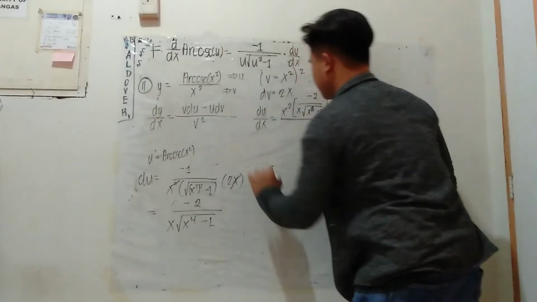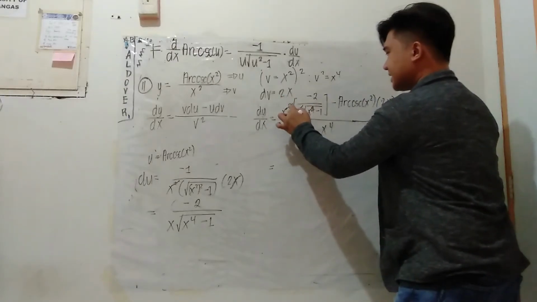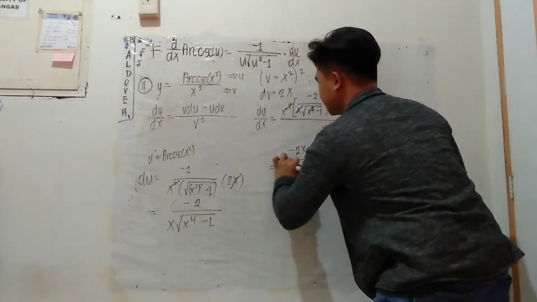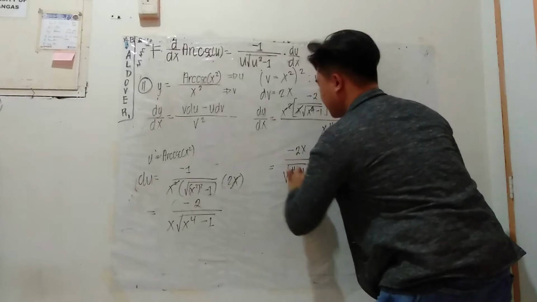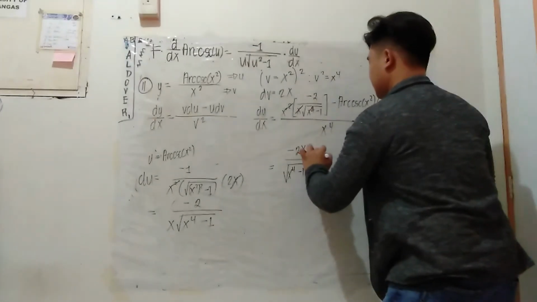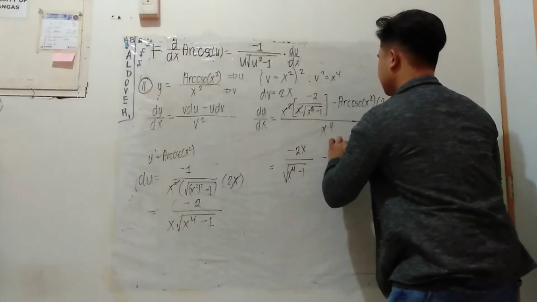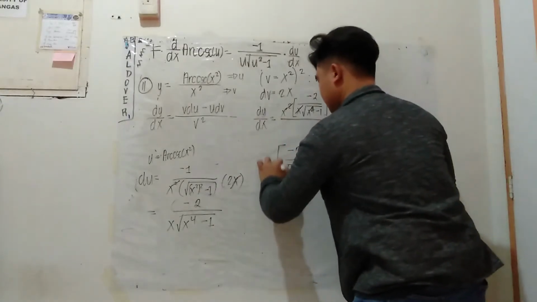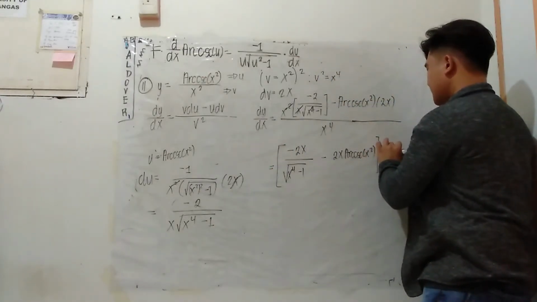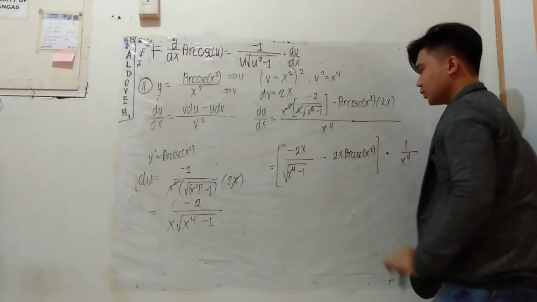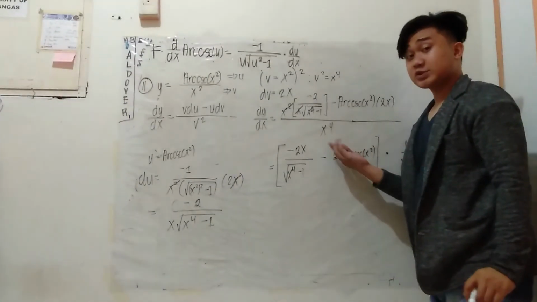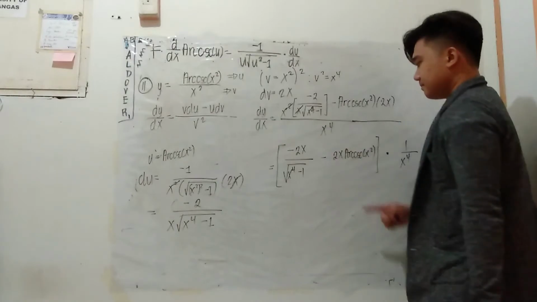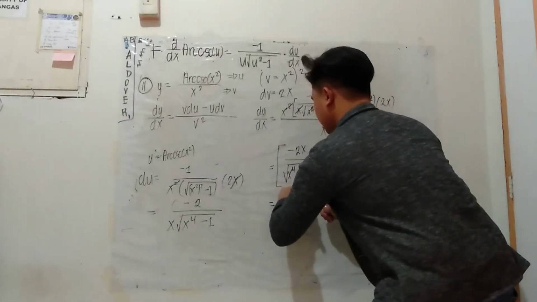Okay? So, I'll simplify this. One x will cancel. So, that is negative 2x all over square root of x raised to 4 minus 1, minus 2x arc cosecant of x squared, all multiplied by 1 over x raised to 4. So, to make it more convenient and easier to write, they are the same anyway. So, when I simplify that, that's negative 2x